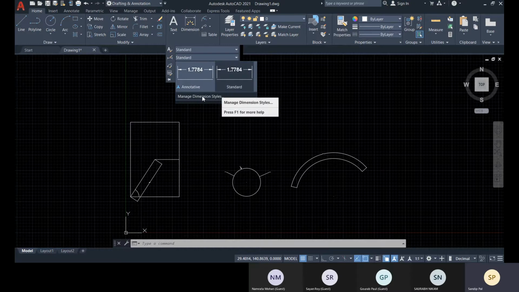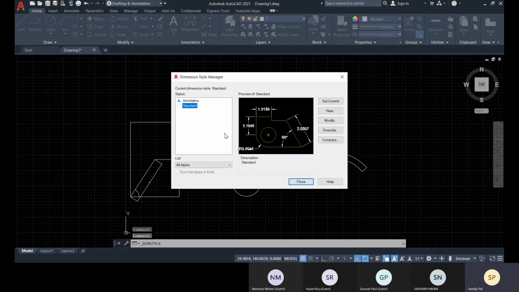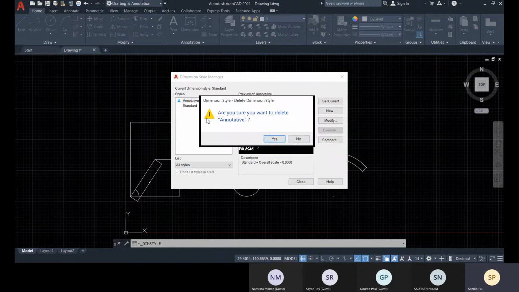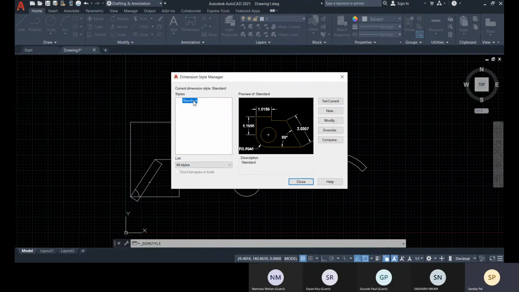So you can go to this directly, manage dimension style, and here I cannot delete this standard option, but if I go to this and right click, I can delete this annotative, and it's asking, are you sure you want to delete that. But for this standard, you cannot delete it. This is the default option. Both the annotative and the standard are default, but you can delete the annotative one, but you cannot delete this standard one. Okay,